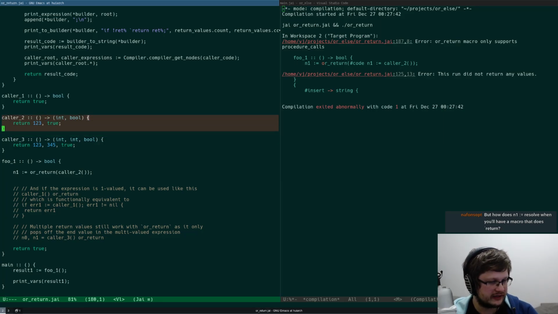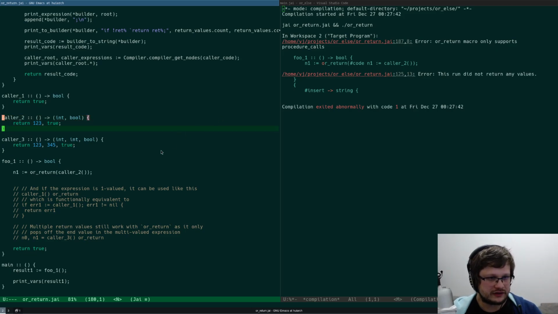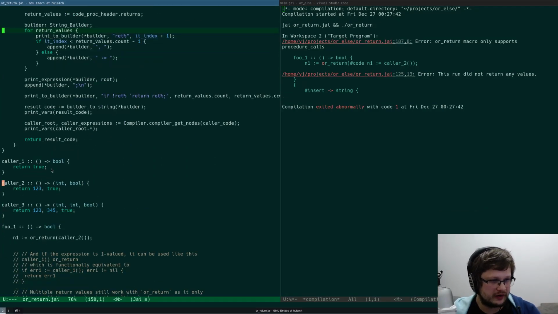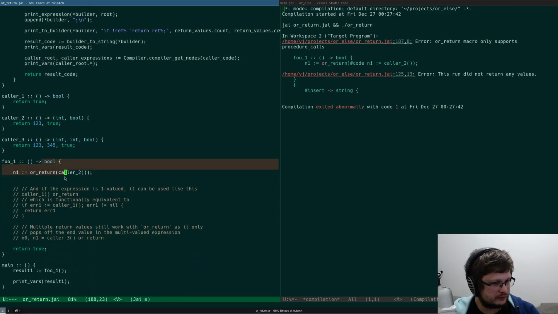So I can fully inspect it in line with compiler get nodes, right? So it means that I can already do backtick return with this and that, because this will also be type checked by this time.